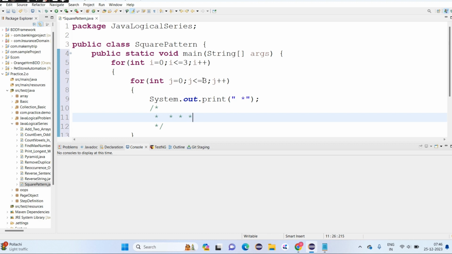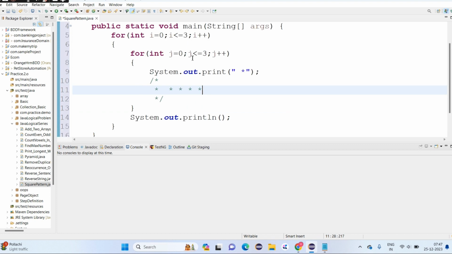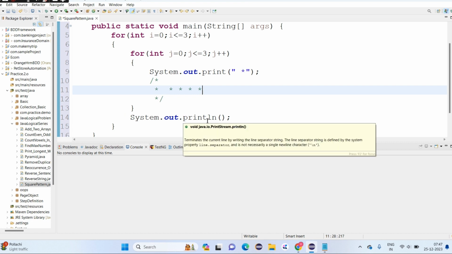Then it is incremented by 1 to 3, and it checks the condition 3 less than or equal to 3. That condition is true, so it comes inside the for loop again and prints the fourth star. Then j is incremented by 1 to 4, and it checks the condition 4 less than or equal to 3. The condition is false, so it comes out of the child for loop and prints the 4 stars, and this statement is to move to the next line, creating a new line or new row.